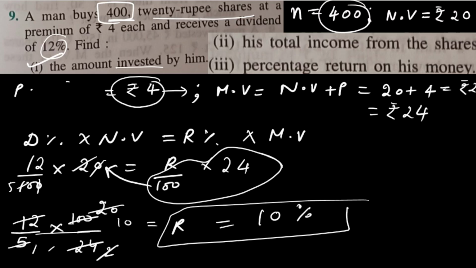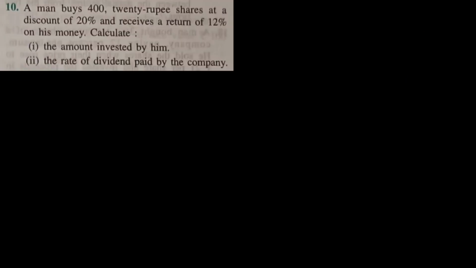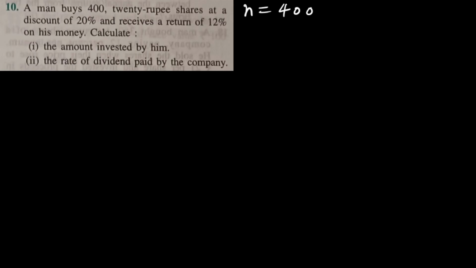Now let's move towards the next question. Question number 10. So similar type of question. Let's write the given things. A man buys 400. So again 400 is just a number, right? So 400 is the number of shares. See, a number means the percent symbol or rupee symbol will not be written with it. So that means it is just a number. It's not a percent of anything. It's not rupees also. In that case, you can figure out that this n is always equal to